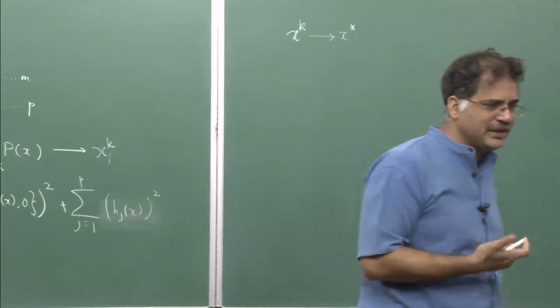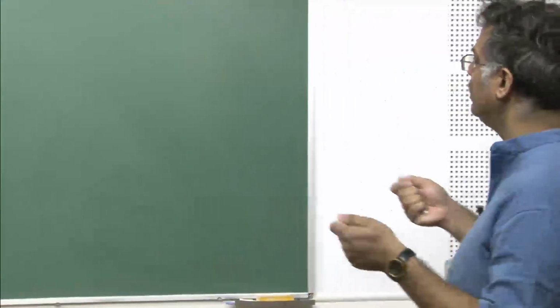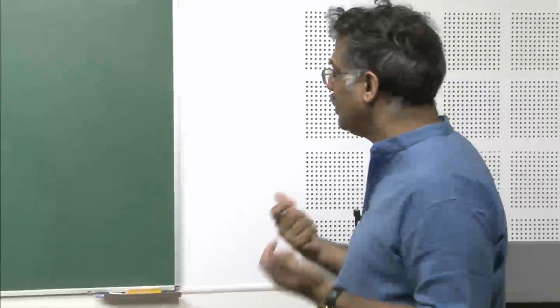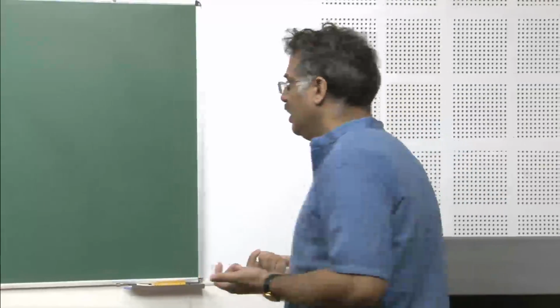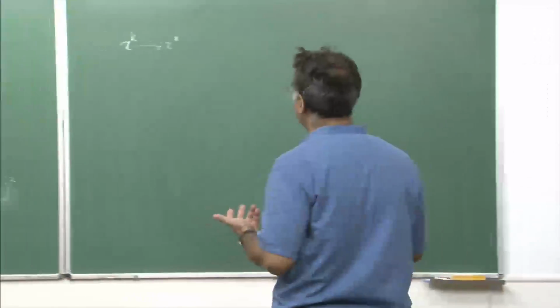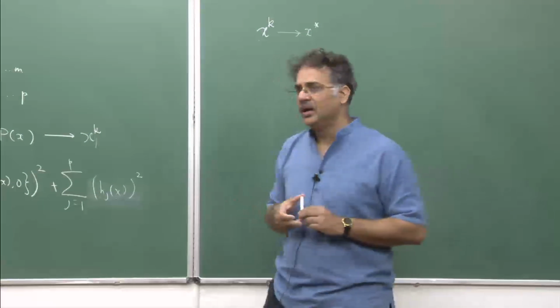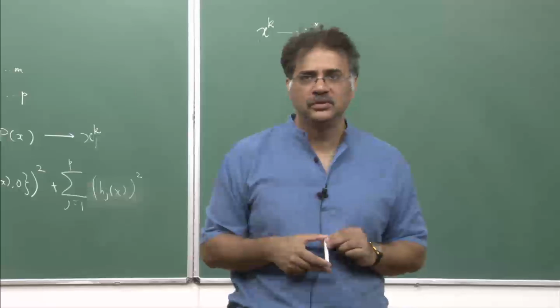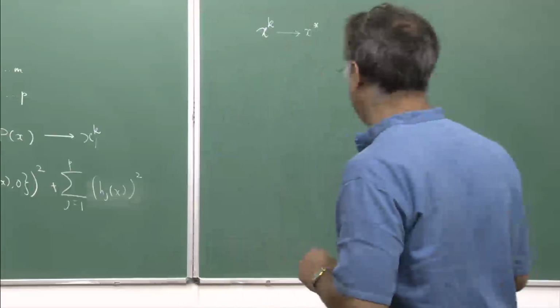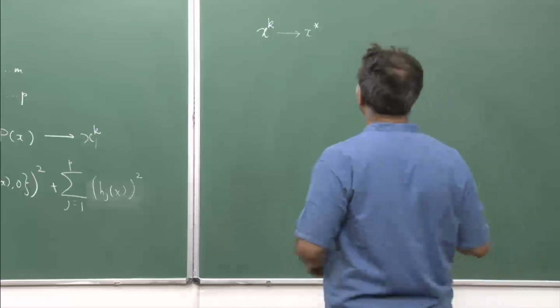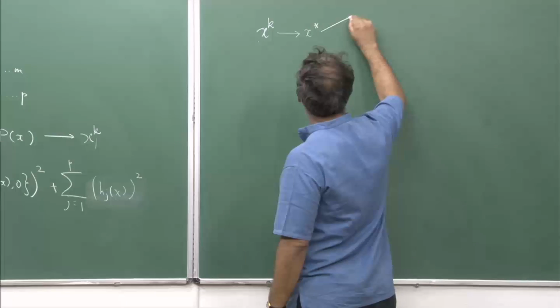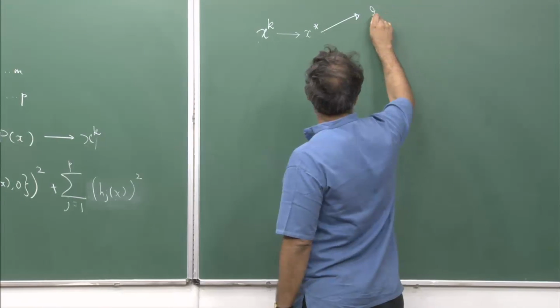Maybe you can consider xk as a bounded sequence, and the whole sequence need not go to x star, but there is a subsequence of xk which goes to x star, but that does not matter. So, without loss of generality we can always assume that xk goes to x star. What sort of property do you expect out of x star? Is x star a local minimum? The question is